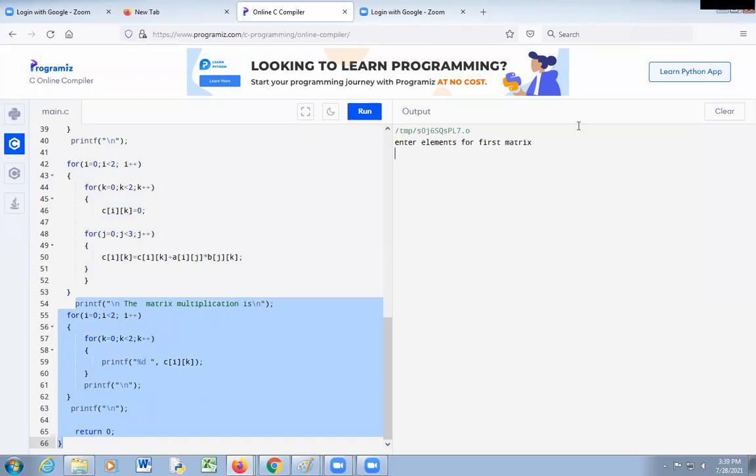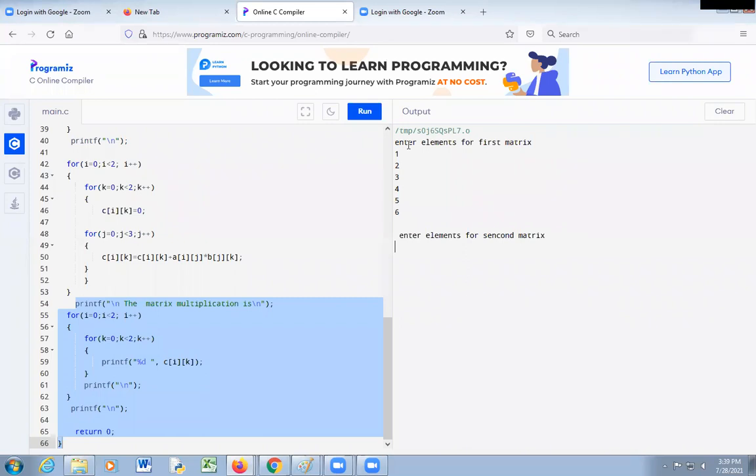Enter elements for first matrix. So 1, 2, 3, 4, 1, 2, 3, 4, 5, 6.